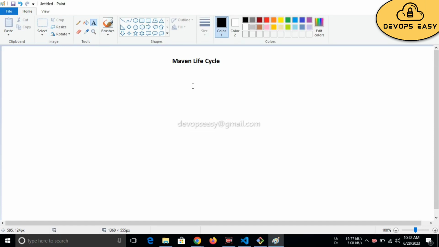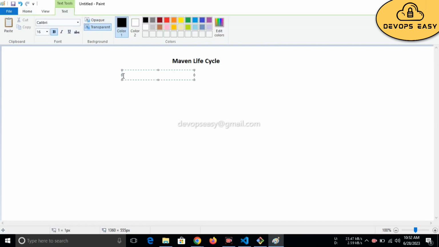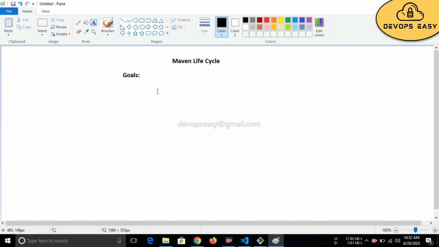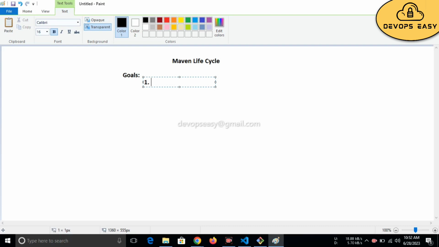So Maven life cycle. In life, we will be having goals, right? I want to achieve this, this is my goal. In the same way Maven will also have goals. What are those goals? First goal was to generate resources, nothing but download